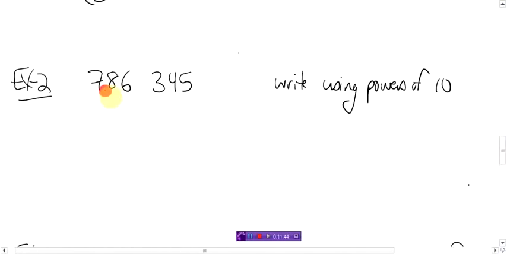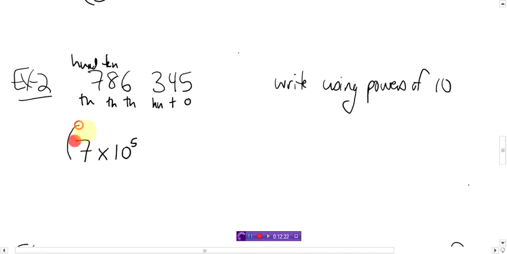Write that using powers of 10. So we got our 1s, our 10s, our 100s, our 1000s, our 10,000s, 100,000s here. Okay, so let's start with the 100,000s. So I'm going to skip that step where I wrote the numbers out. I'm just going to write it directly with the powers. So 700,000. I'm going to go 7 times 10, and 100,000 is 5 zeros. 1, 2, 3, 4, 5. 5 zeros. That plus